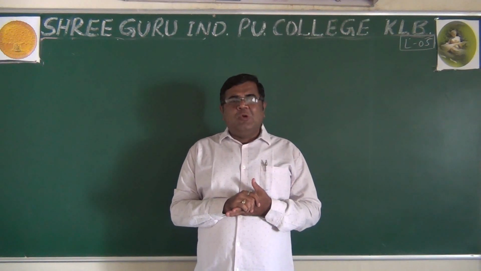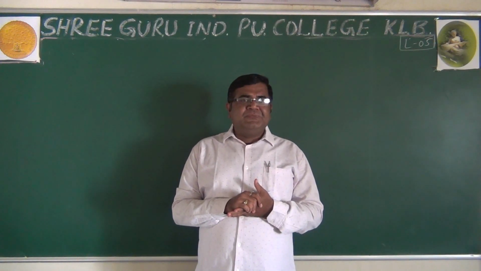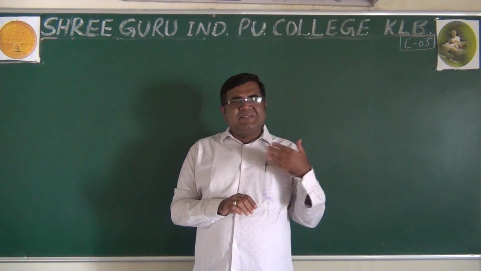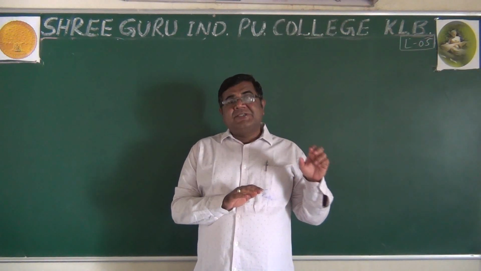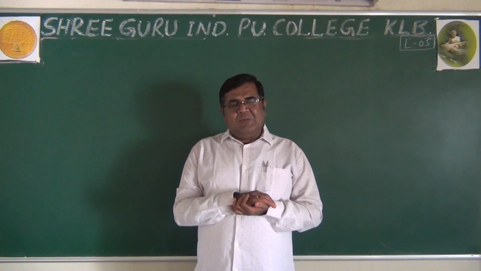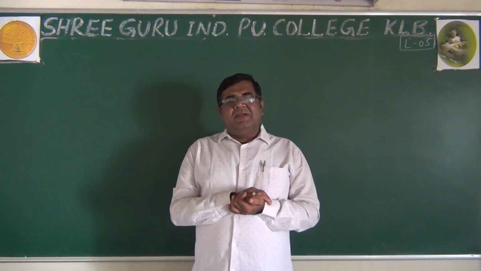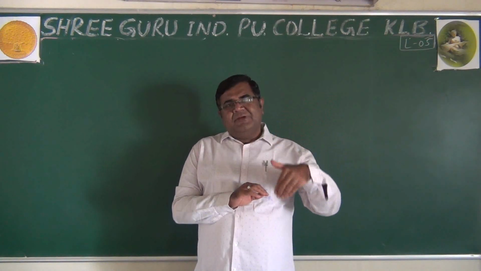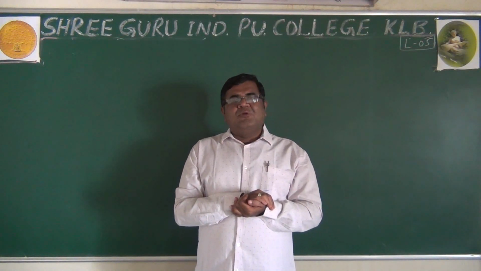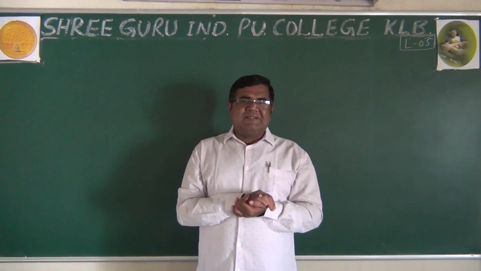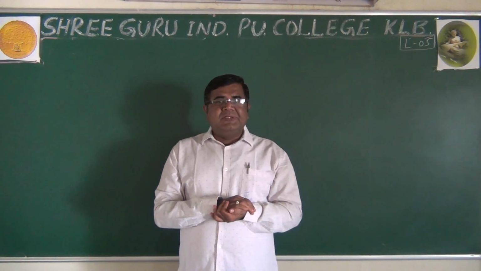We have already started colloids in the last class. We learned about its definition, that it is a heterogeneous system, with particle size from 1 nanometer to 1000 nanometer. One component is dispersed into another component; that which is dispersed is called the dispersed phase, and the component in which the dispersed phase particles are dispersed, we call it the dispersion medium. And we said colloids have large surface area per unit mass, and that's why they exhibit very unique properties which we are going to learn in these classes.